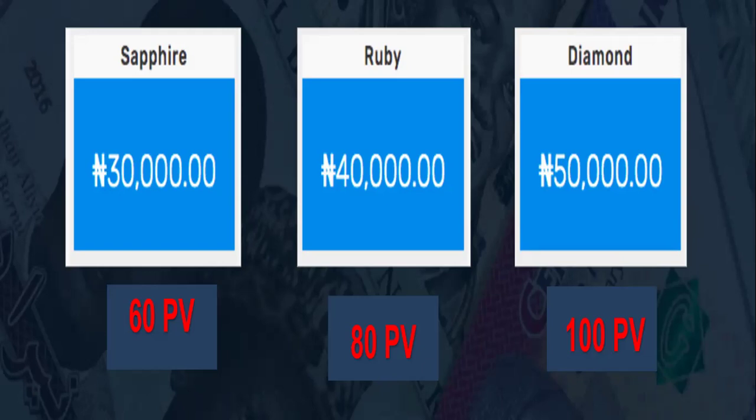So where you start from here, we are going to work with you and show you how you are going to make money. As we are making money, you keep upgrading from 30 to 40, 40 to 50, 50 to 100. Whichever package you want to come on board tonight, ladies and gentlemen, we are ready to partner with you. We are ready to work with you, show you precept by precept what you need to do, how to do it, what not to do, and how not to do it. When you attend our meetings and trainings, ladies and gentlemen, you are going to make money and qualify for this incentive.